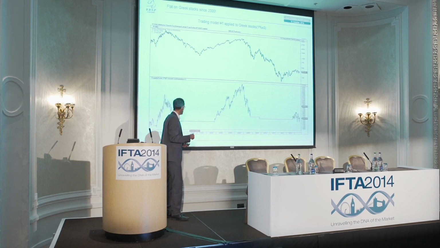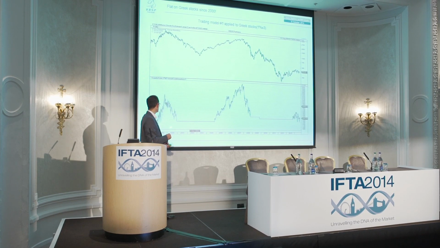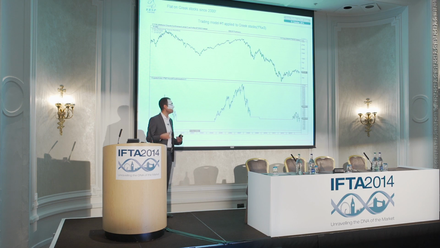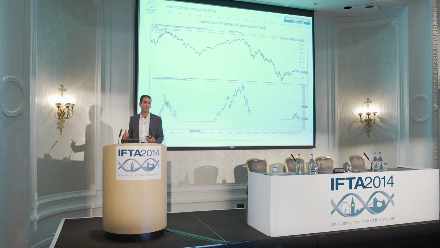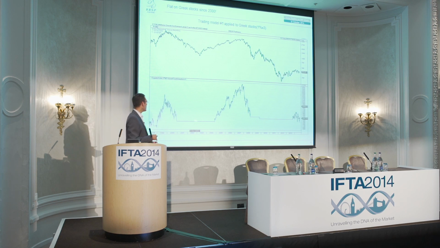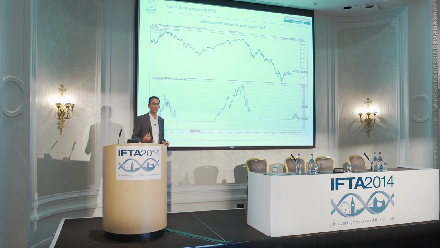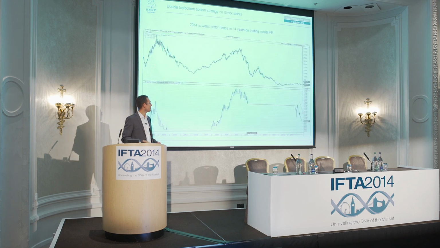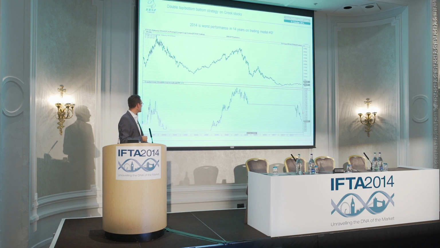As you can see, it sounds pretty bad. But if you were invested in the Greek stock market in 2000, it's a bit like in the USA in the 1930s. The index was down 90%. And right now, you're not losing money. I mean, if you bought the market in 2000, you are almost flat, which is a great performance. If I look at my double top, double breakout strategy, so strategy number 3, we are even making money since 2000 on the system.